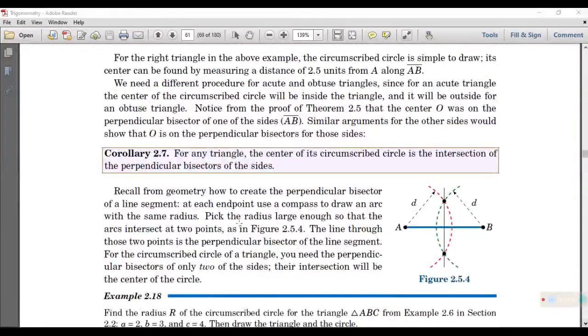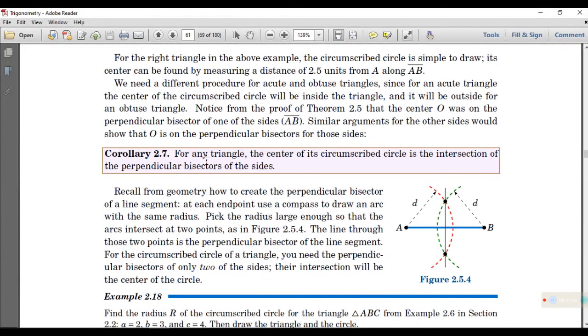Now, let's go to the other corollary. For any triangle, the center of its circumscribed circle is the intersection of the perpendicular bisectors of the sides. Okay? So, kung natatandaan nyo before, kung paano tayo maghanap ng midpoint, ginamit natin tong ganitong technique, yung drawing arches equidistant from the two endpoints. So, gumamit tayo ng compass, tapos nag-drawing tayo ng arches,